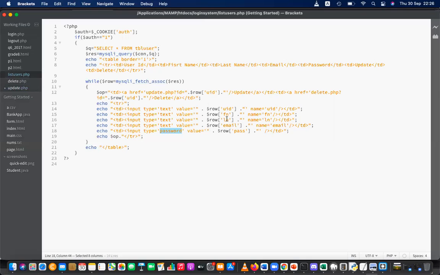But we have to actually pass all the values, including this password, username, everything. So if you are going to use update with the URL, I can keep on adding ID equal this, username equal this, password equal this. I can keep on adding.